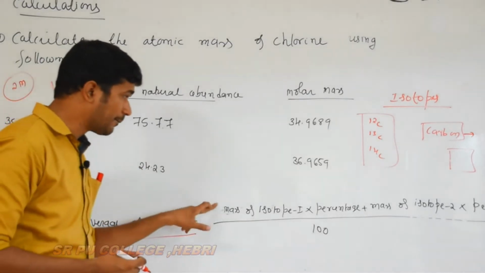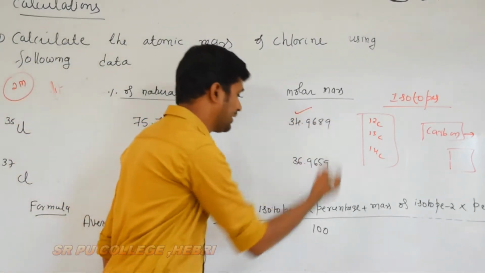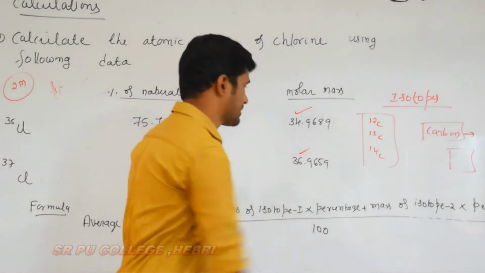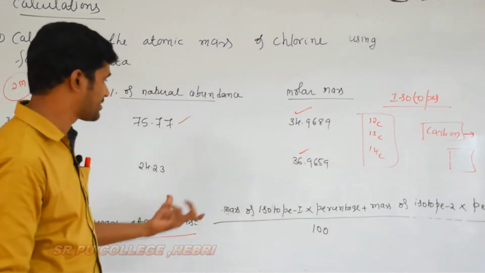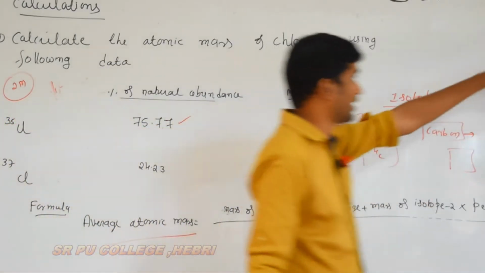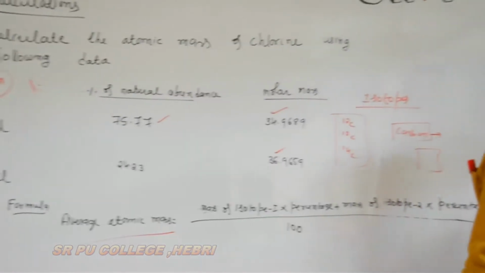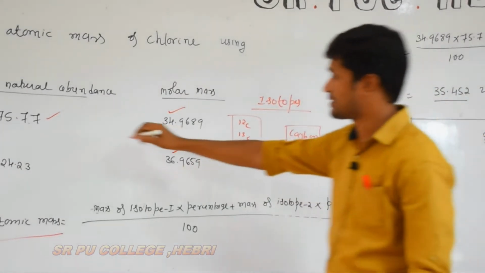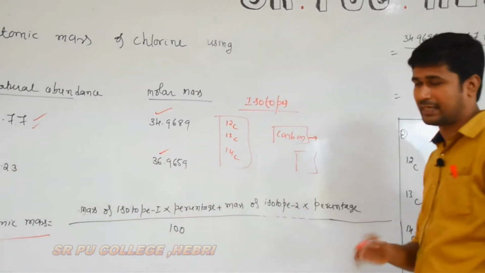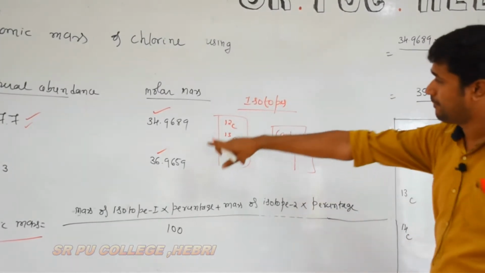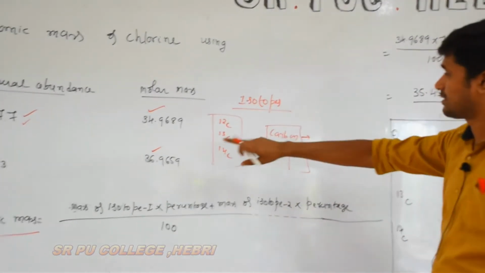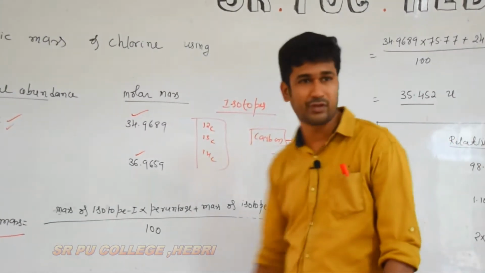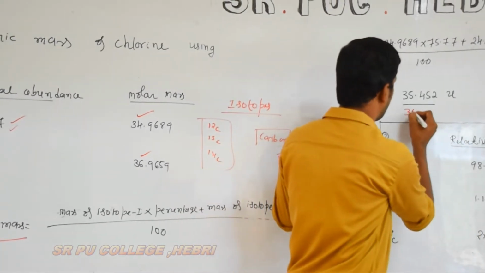The formula is: mass of isotope 1 into its percentage, 75.77, plus mass of isotope 2, that is 36.9659, into its percentage, divided by 100. Here I have substituted 34.9689, the mass of isotope 1, into 75.77, the natural abundance or percentage, one and the same, plus 36.9659 into 24.23, divided by 100. You simplify this and you will get the answer 35.452 unified mass,